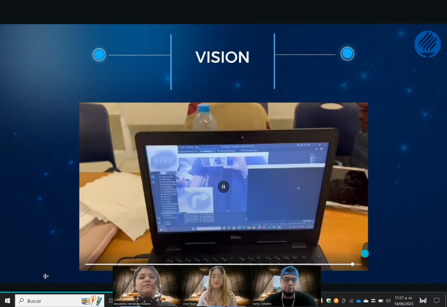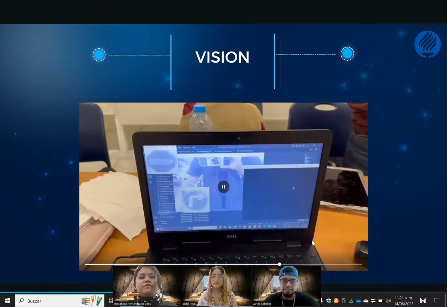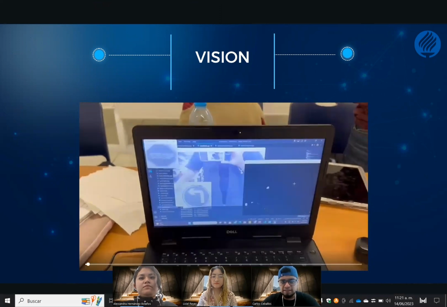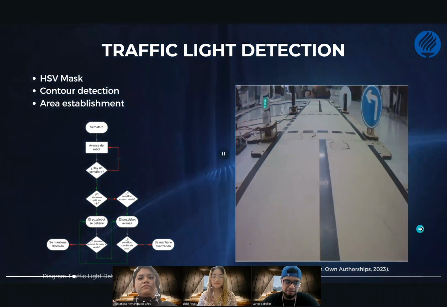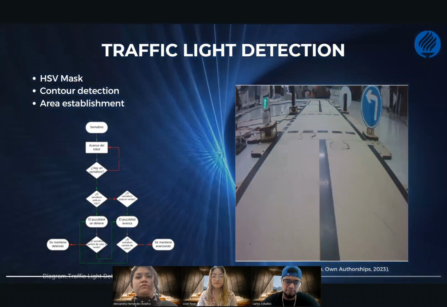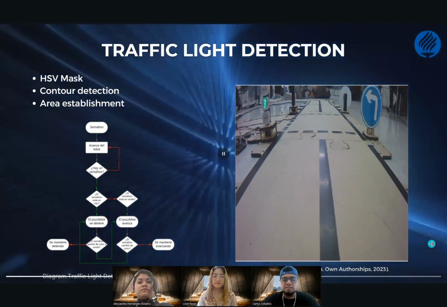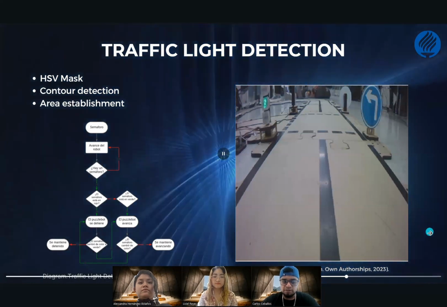In the vision part, we have a detection and classification node that processes and interprets traffic lights and signs, publishing topics for traffic lights and traffic signs respectively. For traffic lights, we work with an HSV mask and contour detection, following a methodology similar to simple blob detection. In addition to setting minimum and maximum values, we separated the colors red and green to avoid confusion for our